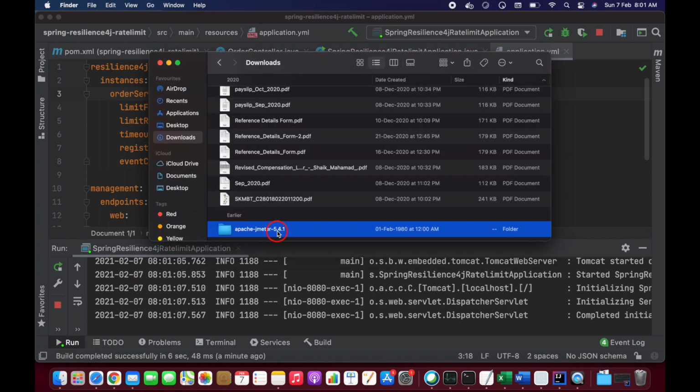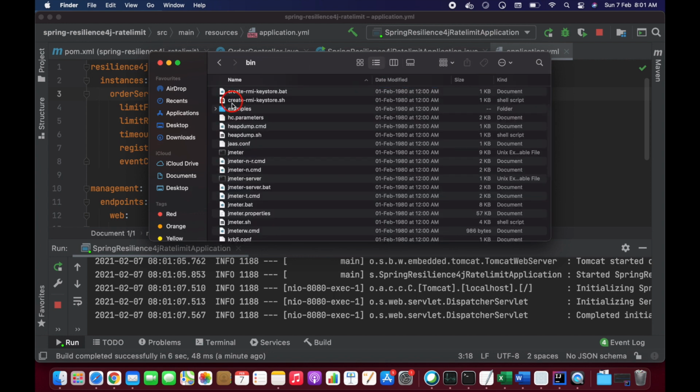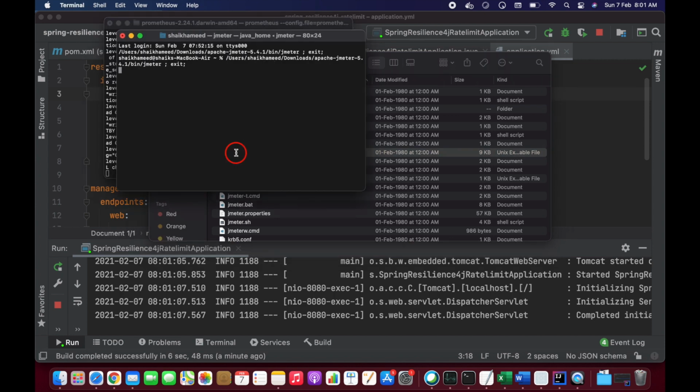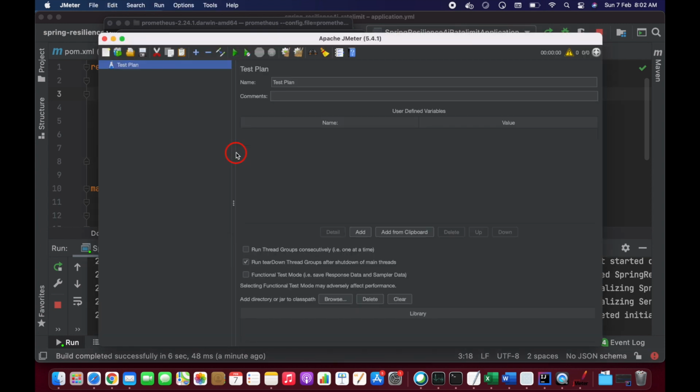This is the JMeter. You can just download JMeter from the internet, and here you will find the bin folder. Inside that bin, if you are using Windows, then we will have jmeter.bat. If you are using a Linux machine, you can use the jmeter.sh file. But I'm going to use the Mac here, right? That is the reason I'm choosing this one. So you can just start this. It's going to take a couple of seconds to start JMeter guys. Okay, so once it is started, I'm going to show you how to configure this JMeter. Okay, so it started guys.